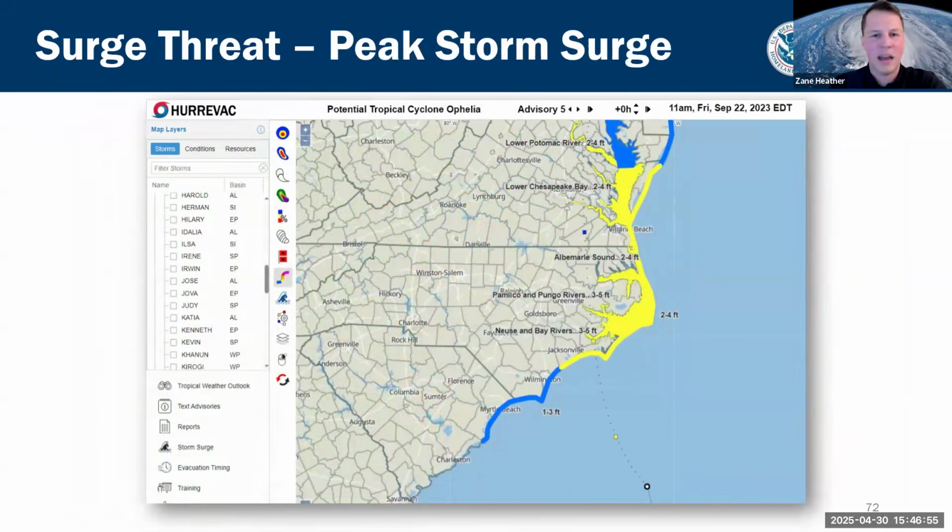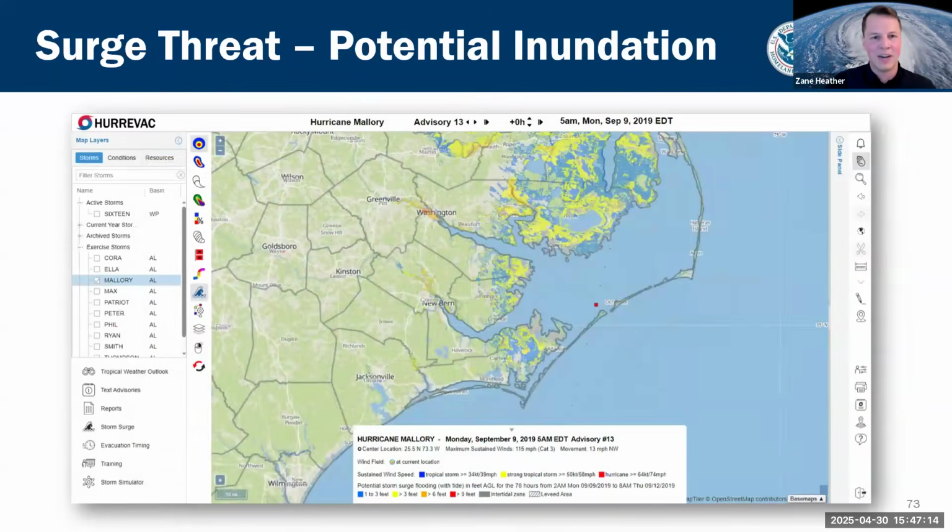So you've got your planning products, and now you've got your operational products. These are produced through the NHC advisory package. This is the peak storm surge graphic, the KML or graphic that is developed by the National Hurricane Center in advisories, giving the forecast for storm surge inundation in a specific area. And then here is your P-Surge, or potential storm surge flooding map, and this also can be integrated and overlaid with the evacuation zones in HERVAC. And again, this year we're making it a bit easier, allowing you to overlay and change the transparency of the two so you can see how in fact they correspond.